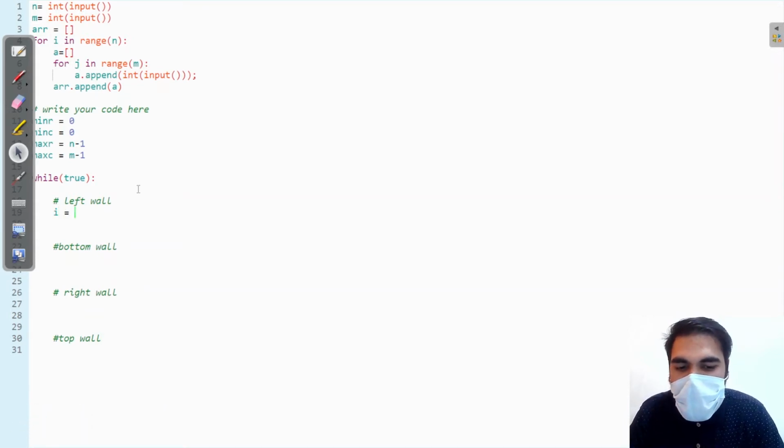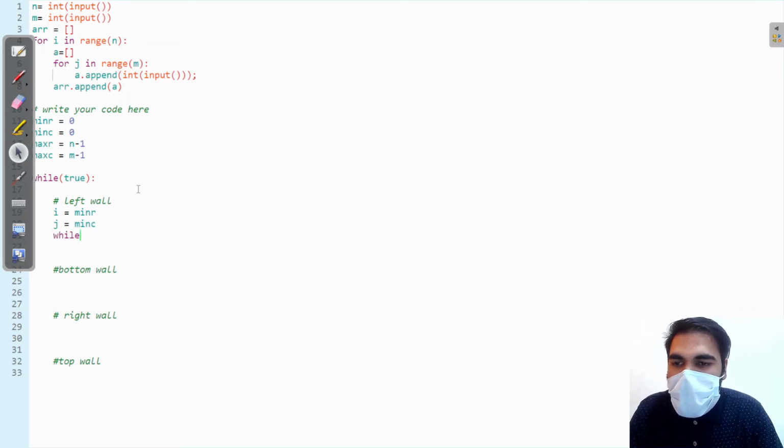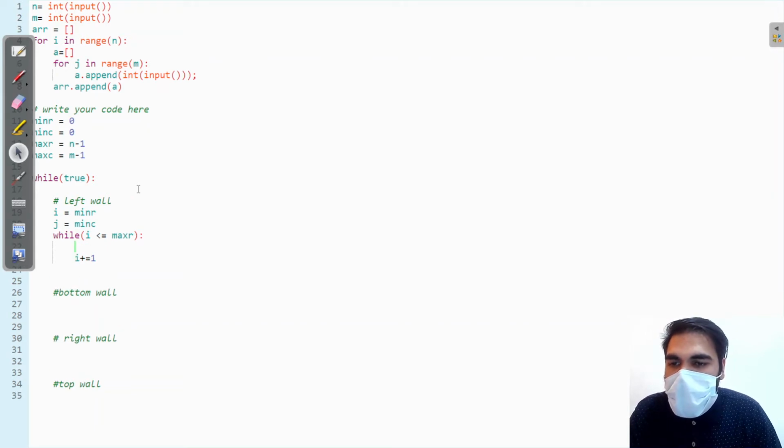So our i is starting from min row, and j is fixed at min column, and while our i moves up to max row, we have to consider this, and our i will increment every time. And while traversing, we have to print our array of i j to make this traversal done.